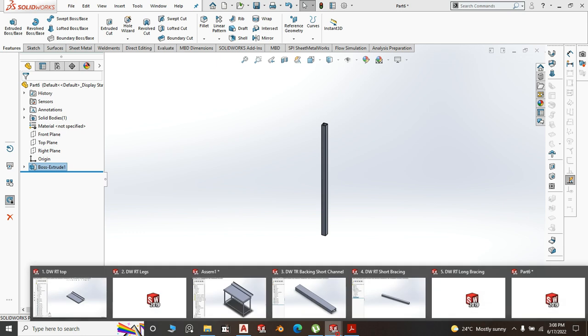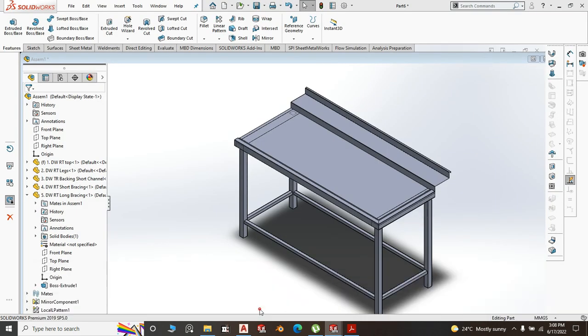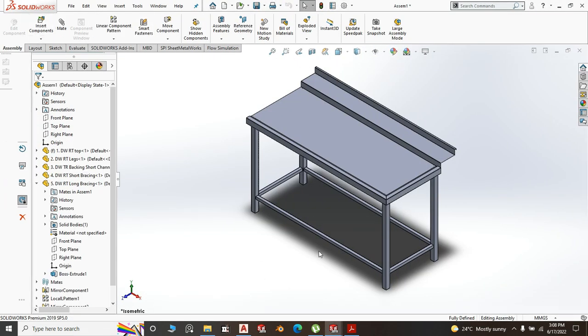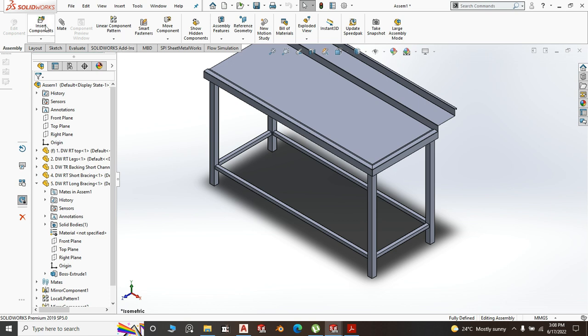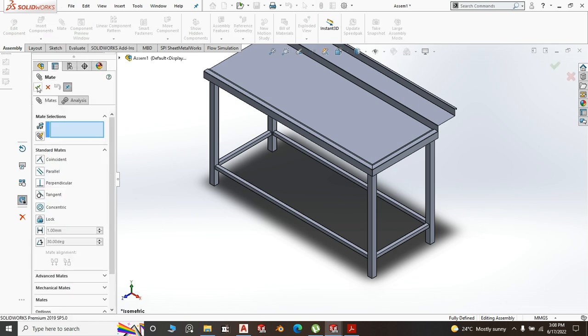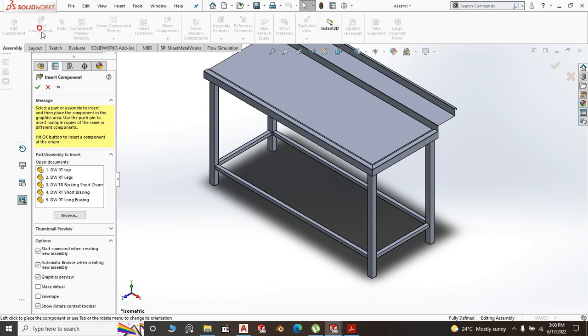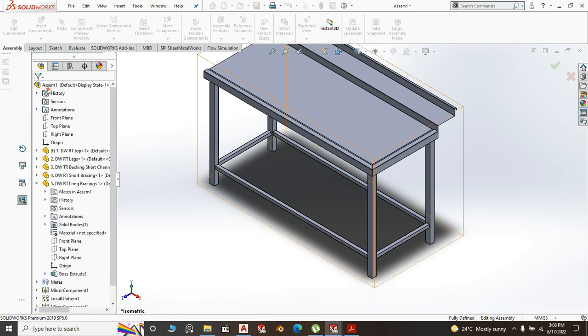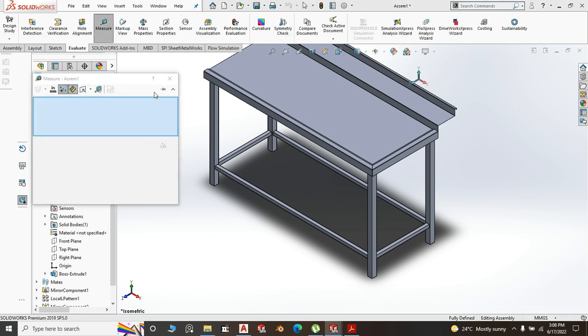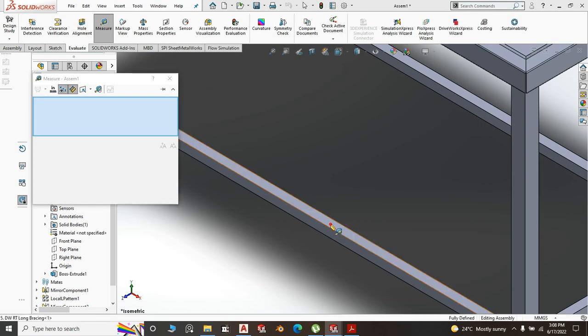Let's go back to the assembly. And the assembly mate component. No, we shouldn't. How can we mate something that we have not inserted first? We didn't even hey, what's going on? I didn't save it. But now that I'm in the assembly, let me evaluate again, and we are looking for